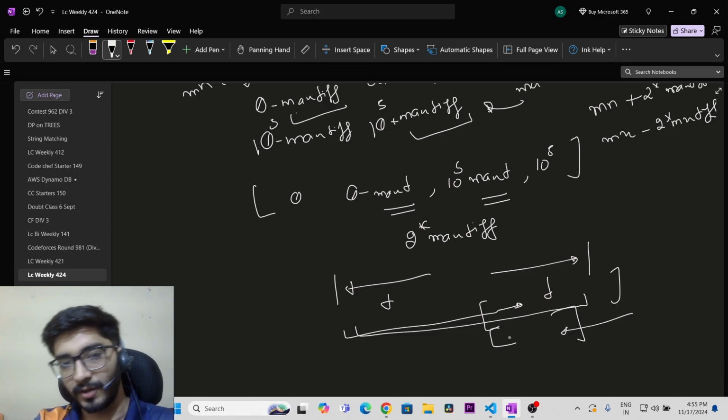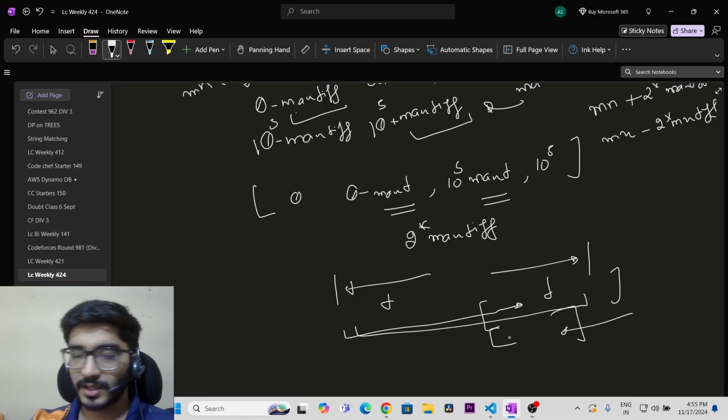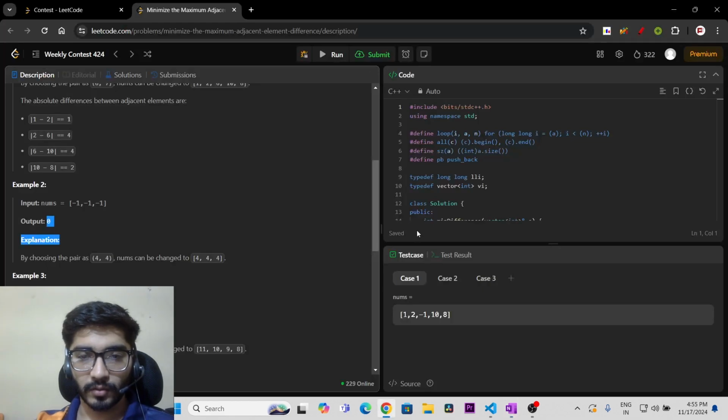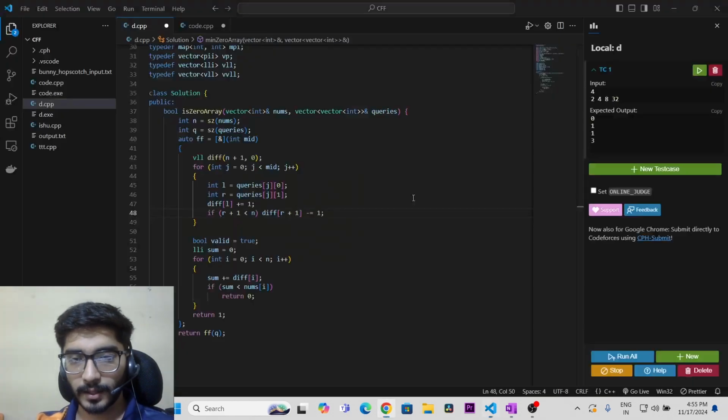That means I fill my array according to this, and we can check whether all the values are under max difference. If yes, this max difference is a possible answer for me, and if not, let's search for some larger value of max difference. So if we see the code for this,